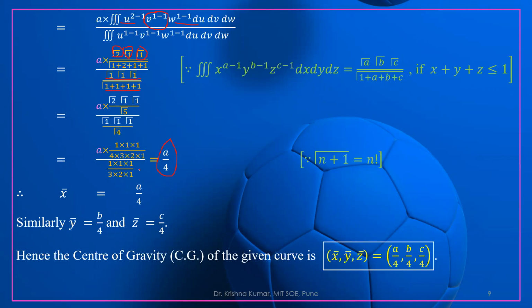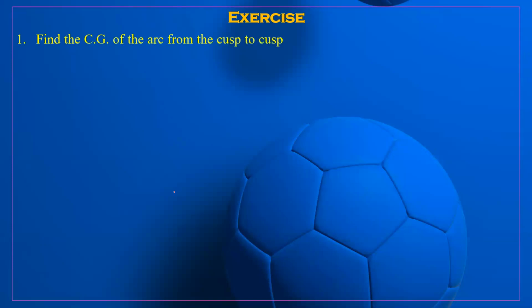Why? Because just look here. If we take the triple integration, we have to calculate x bar. It is very simple to calculate, but we have to repeat the process for y bar and z bar. So it is very lengthy, and single integration is slightly less lengthy. So double integration is the middle part. So most of the questions on center of gravity will come from double integration. Let us take some exercise questions.